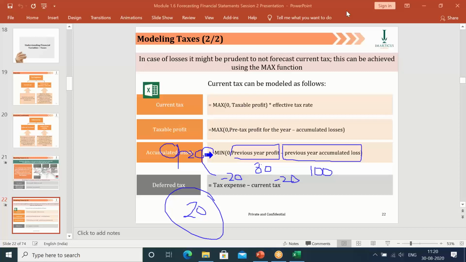Okay, sir, got it. हाँ जी, any doubt in this? सिद्धार्थ, is this clear? सर क्लियर।